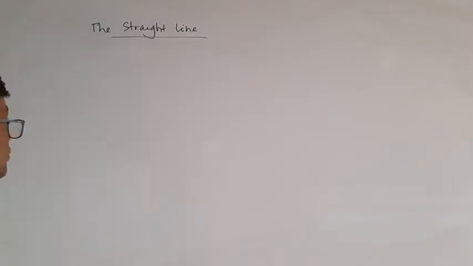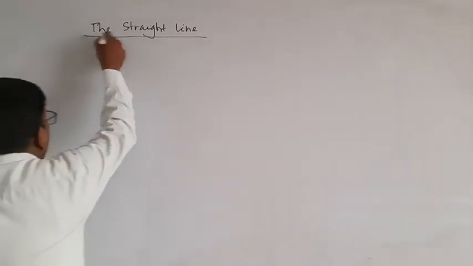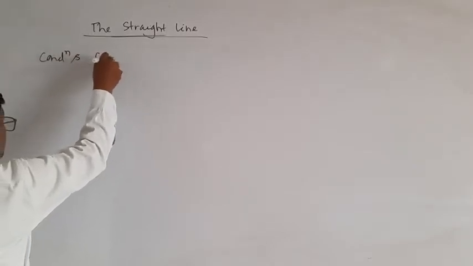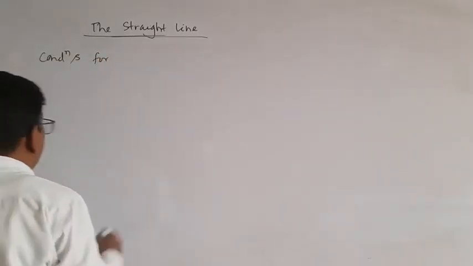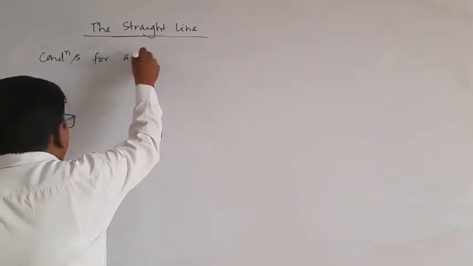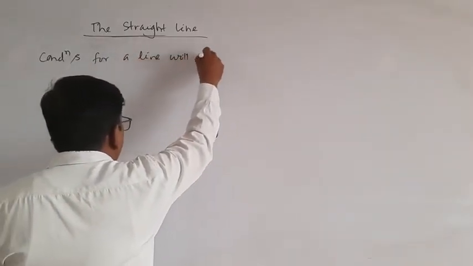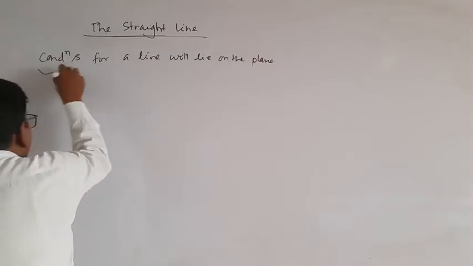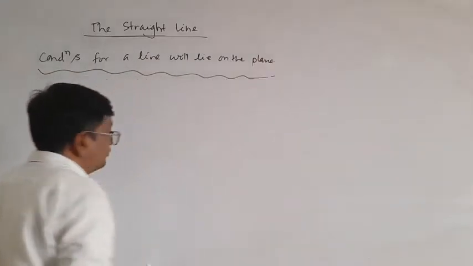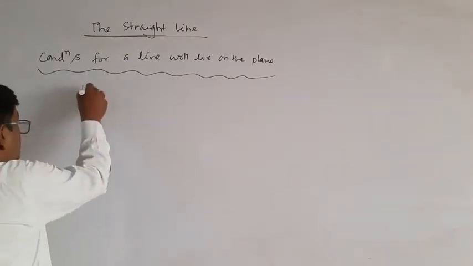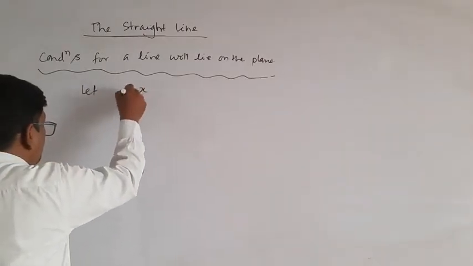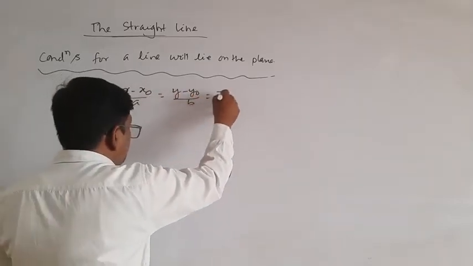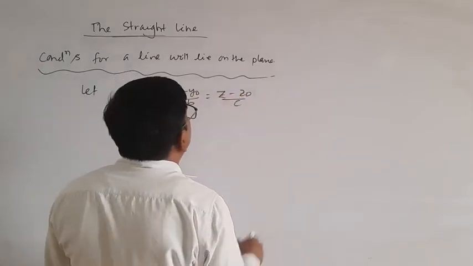Now the condition for two lines to be coplanar. Condition for a line to lie on the plane. Condition for a line to lie on the plane. Okay, so let (x minus x naught) by a, (y minus y naught) by b, (z minus z naught) by c be a line,